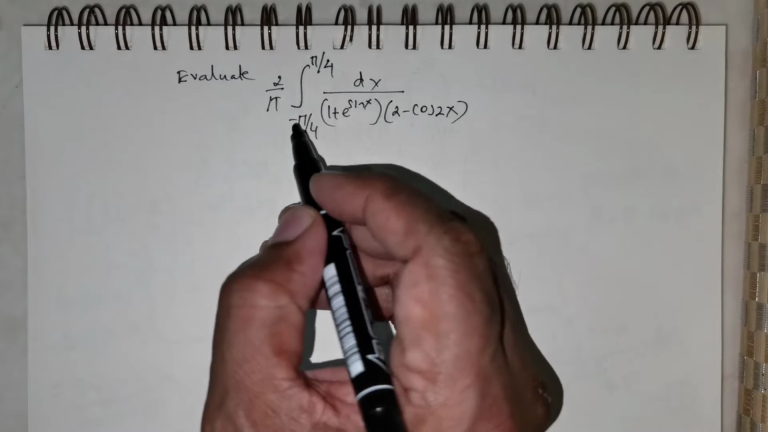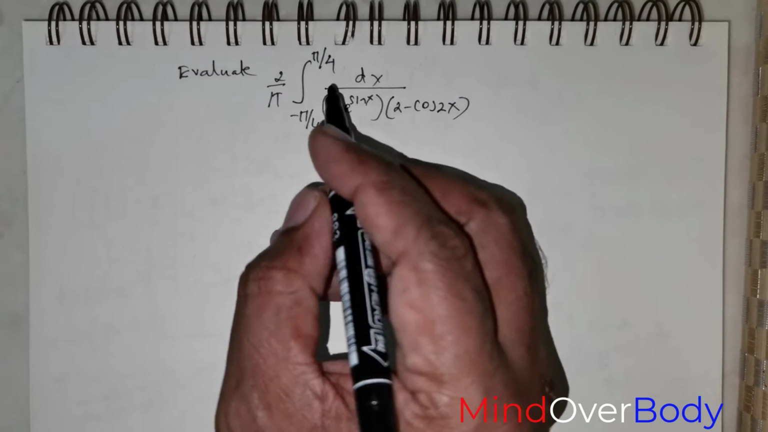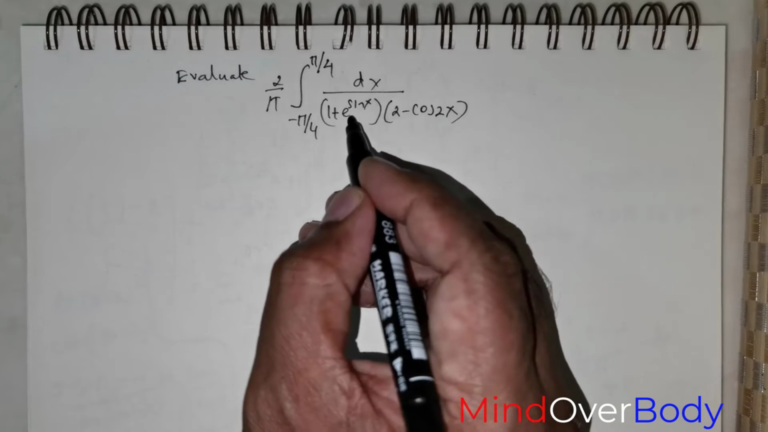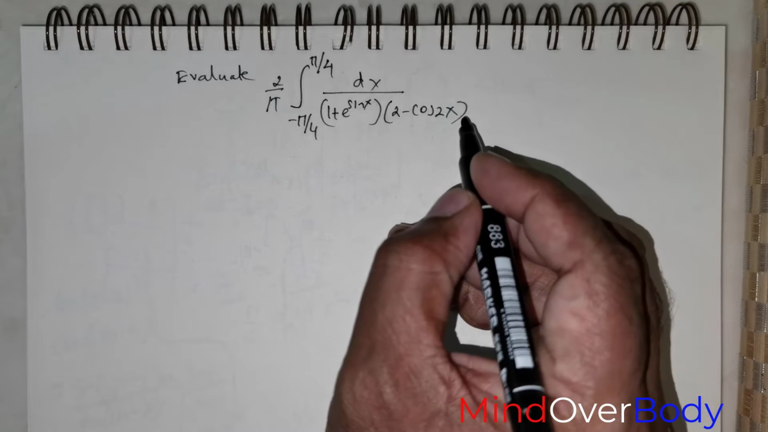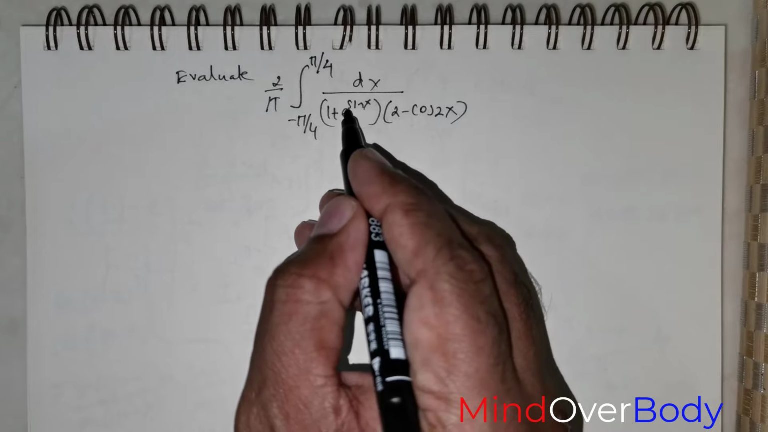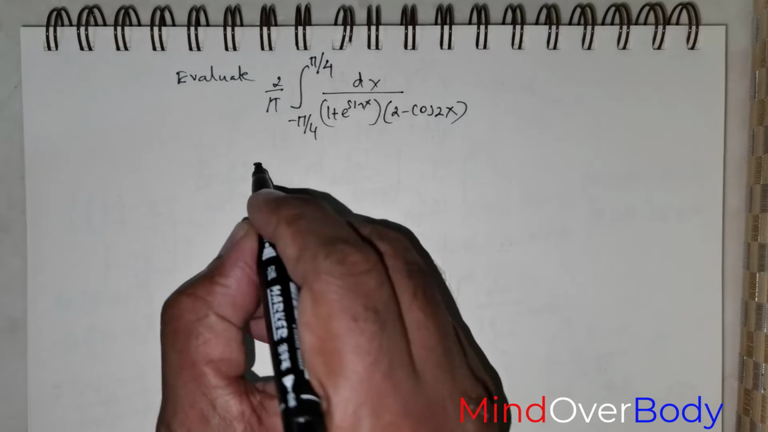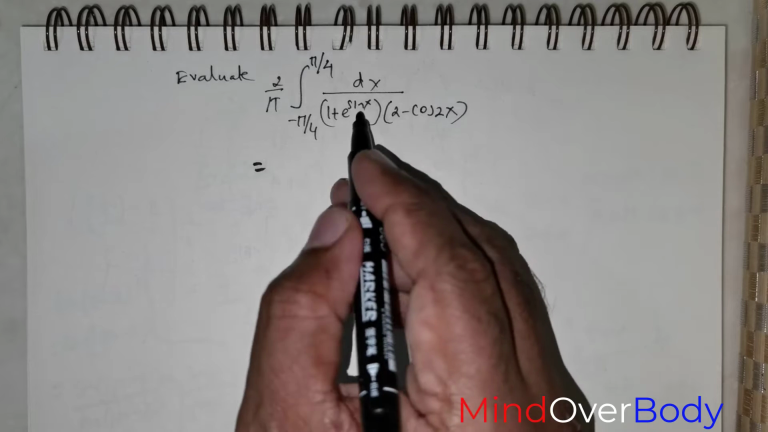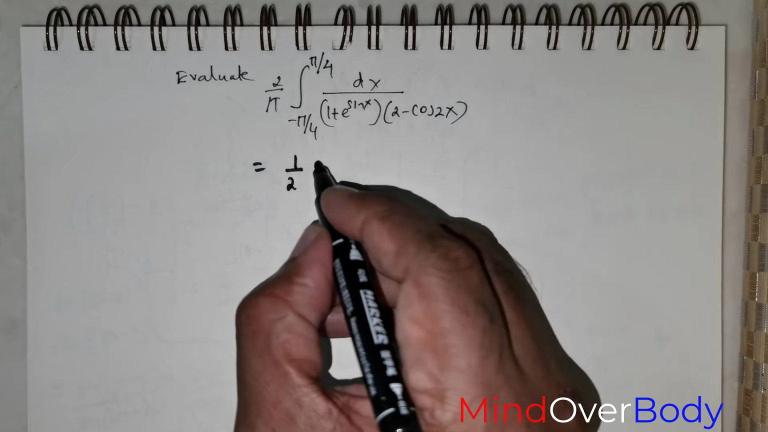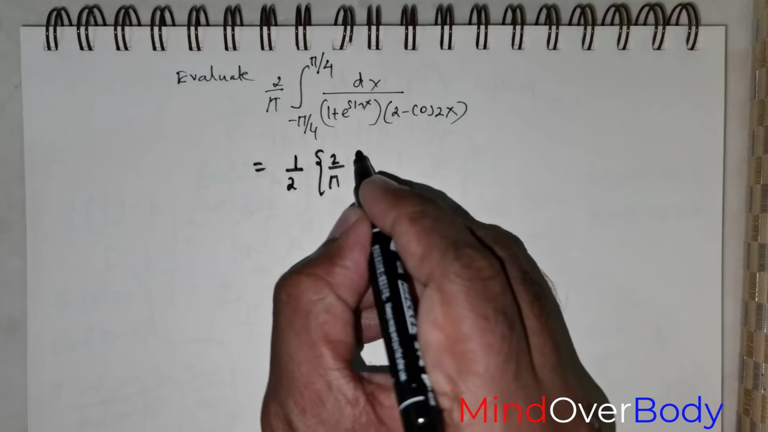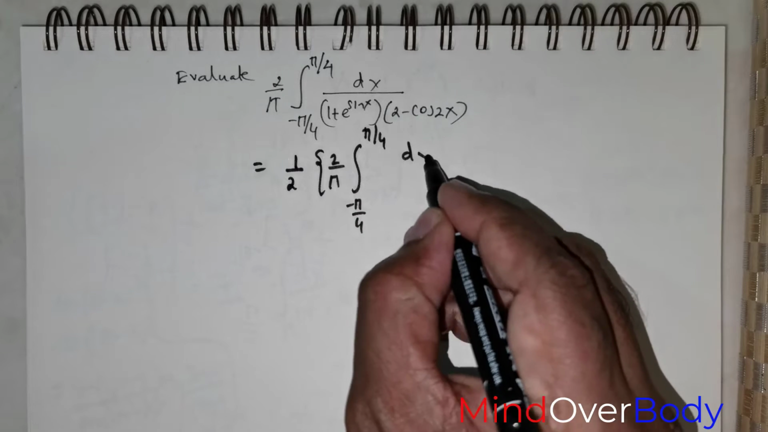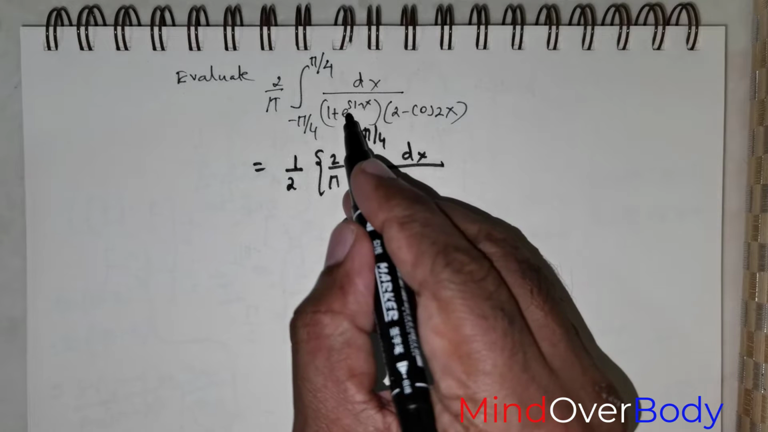Given this question, we are expected to evaluate 2 over pi, the integral from negative pi over 4 to pi over 4 of dx over 1 plus e raised to the power of sin x, times 2 minus cos 2x. I've already mentioned how to get rid of this 1 plus e raised to the power of sin x. So this in turn results in us multiplying the entire integral by 1 over 2, followed by 2 over pi, the integral from negative pi over 4 to pi over 4 of dx over